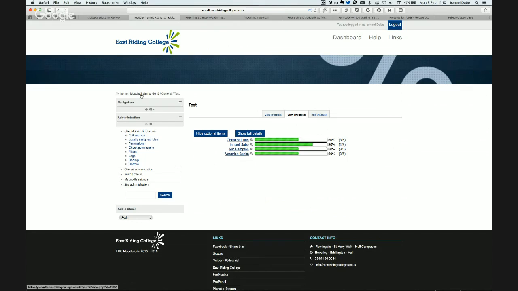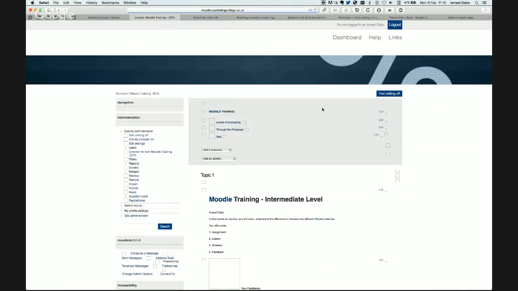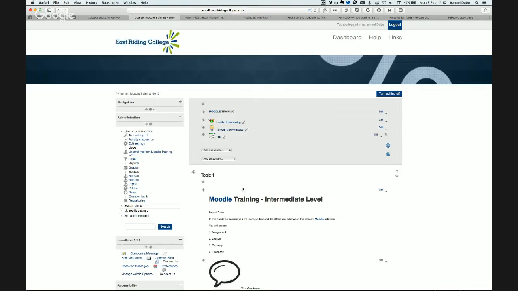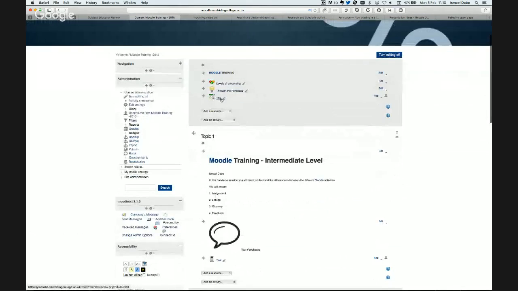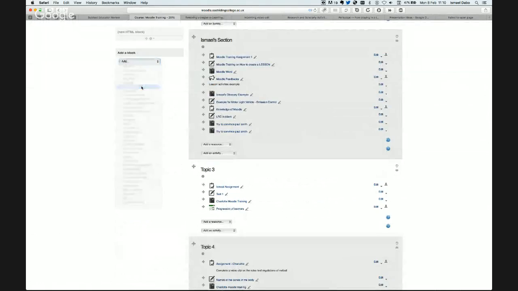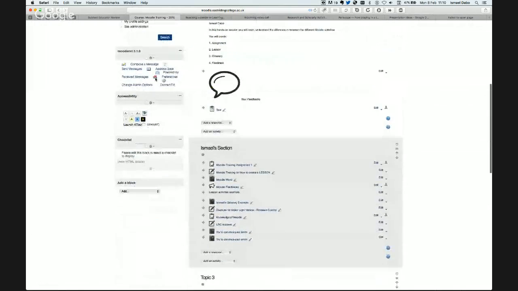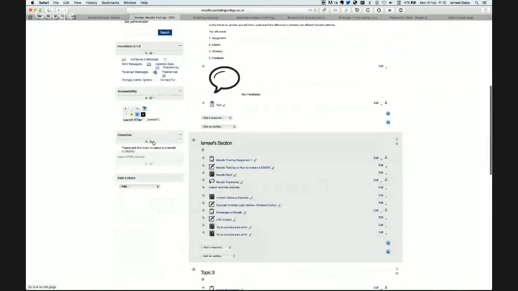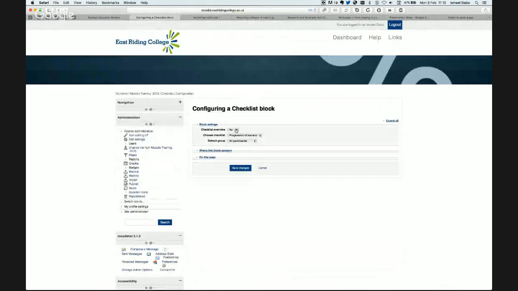So let's go back into the main course here, on the main page. And what you could do, because the plugin comes in a variation. So you have the test here, but I could add a block here called checklist. And there's a checklist block that is created here. I click on configure this checklist block, and I choose checklist overview test. So that's the test one we want. I don't want an overview. I want the complete detail of it. I save,